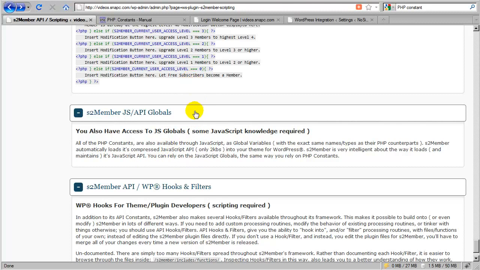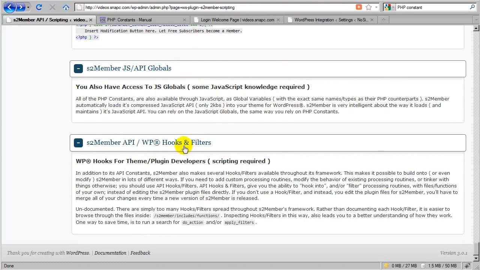Now, in addition to these two methods of building on top of s2Member or pulling information out of its configuration, s2Member also makes over 250 hooks and filters available throughout its framework. Now, this is extremely powerful, and I'm going to spend a little bit of time here explaining why this is important. Okay, if you are an advanced site owner who needs to modify s2Member in some very advanced way,